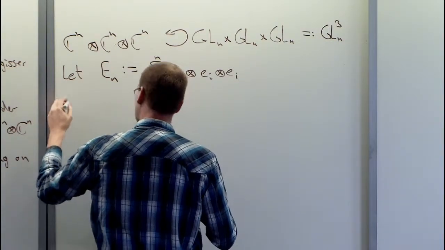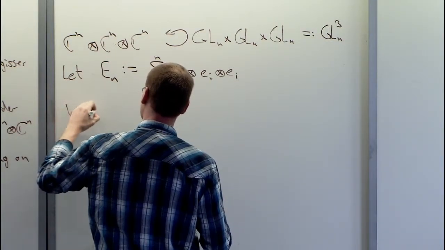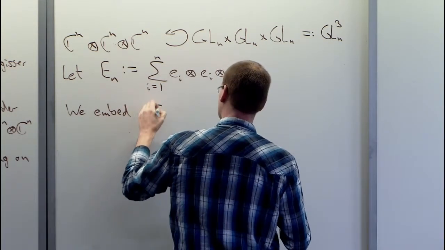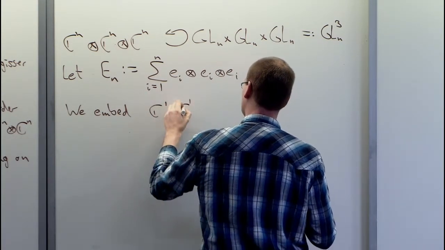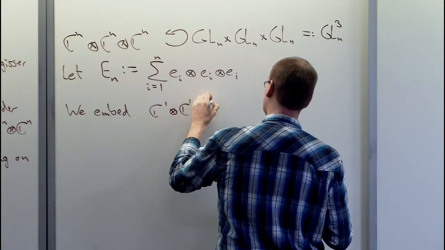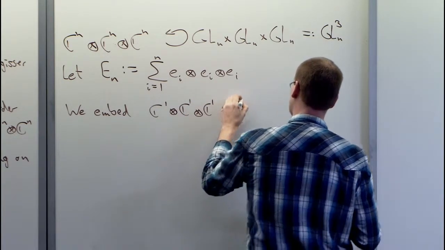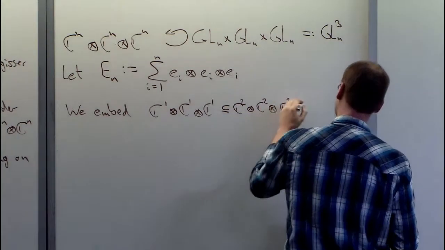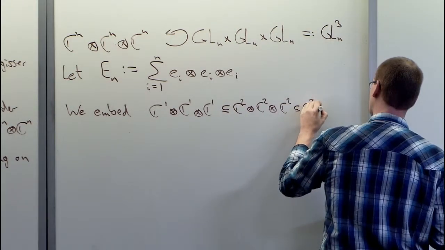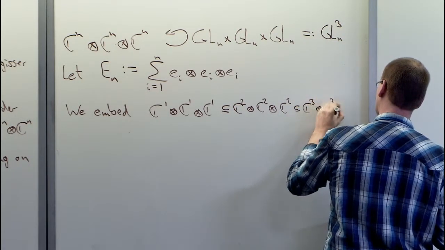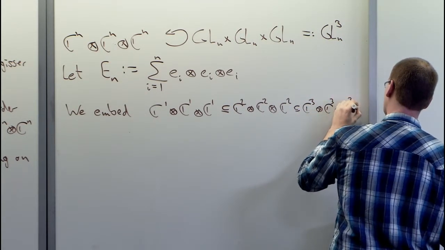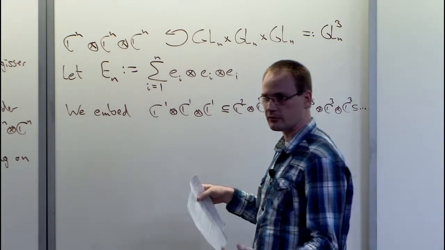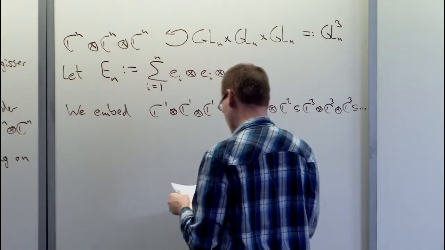And we always think of embeddings. So just so there's no confusion about the different spaces, this one is embedded in C^2 tensor C^2 tensor C^2, and this one is embedded in C^3, and so on. If you think of tensors as boxes of numbers, that's very natural, and you just have larger boxes. You just fill up with zeros if you don't have enough. You can always embed like this.